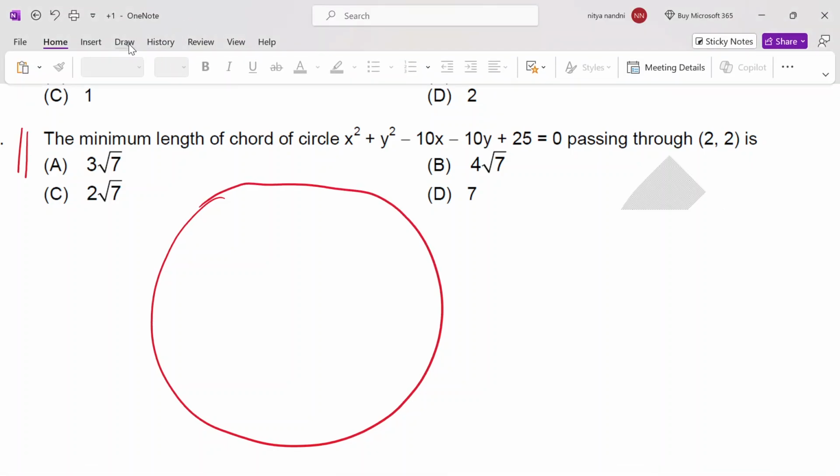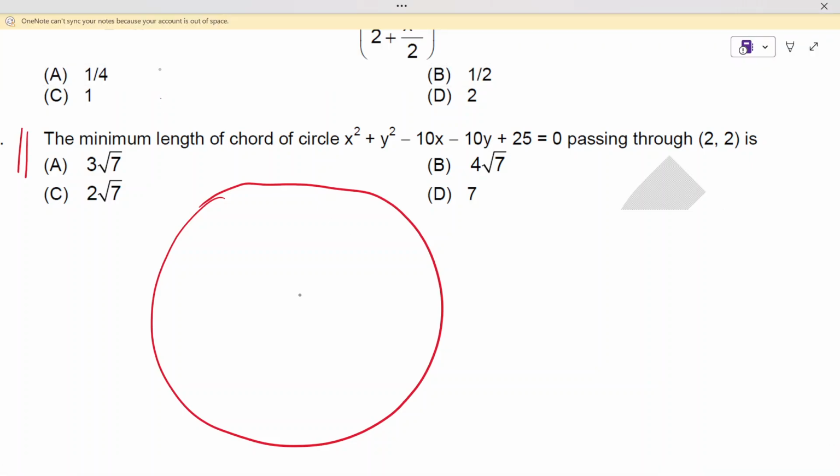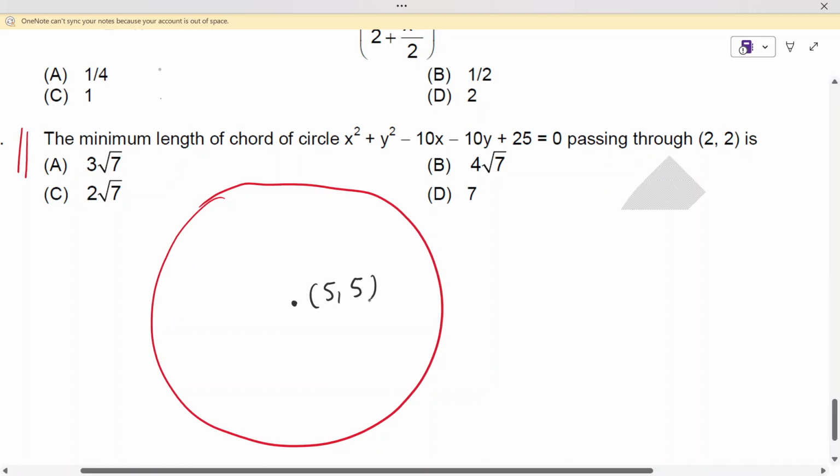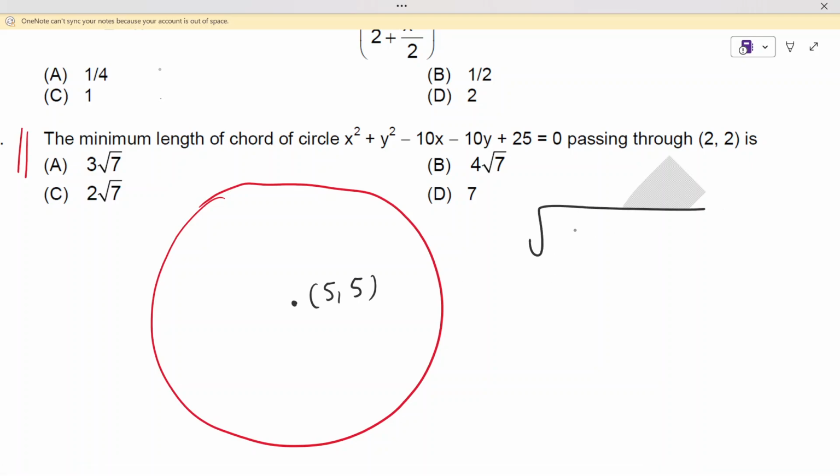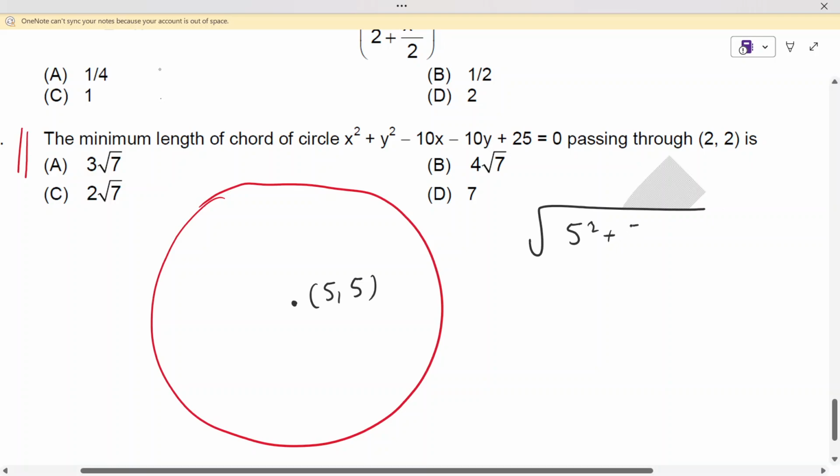Right. We have a circle out there, and the center is 5, 5, right? The circle center is 5, 5, and the radius will be what? 5 square plus 5 square minus 25. Clear? So this thing will cancel. Now the radius is 5. Clear? Got it? Radius 5, and it says the minimum length of the chord which is passing through the 2,